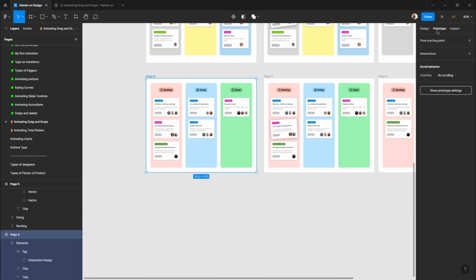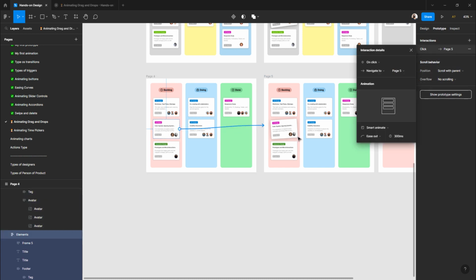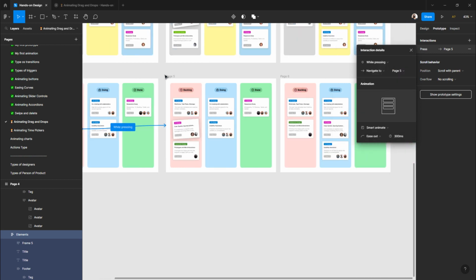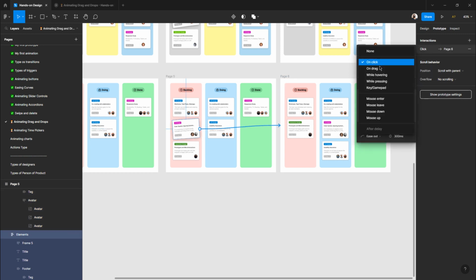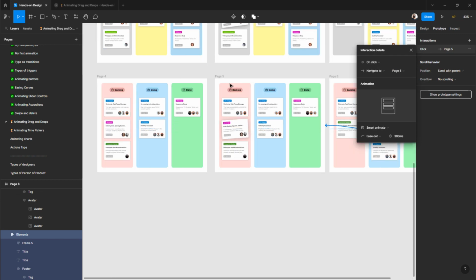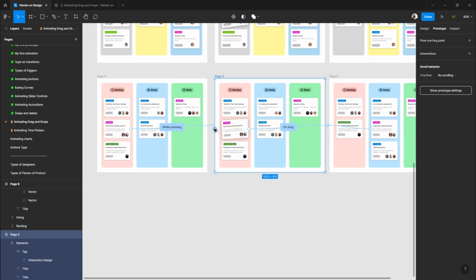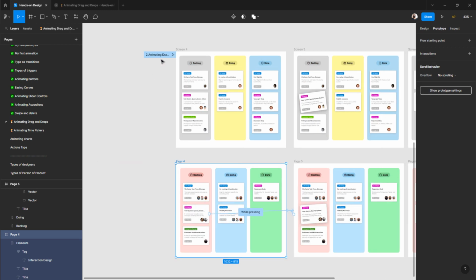Let's go to prototype tab. Let's select this card and connect to this page. It's gonna be while pressing like we did before. And then from here to the next one, it's gonna be on drag. On drag, and then I want to come back if I want on drag. And here, exactly the same. I will trigger the page. It's gonna be after delay, right? Like we did before. 1 millisecond,